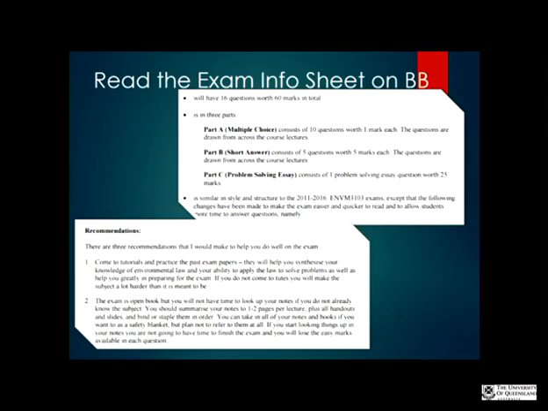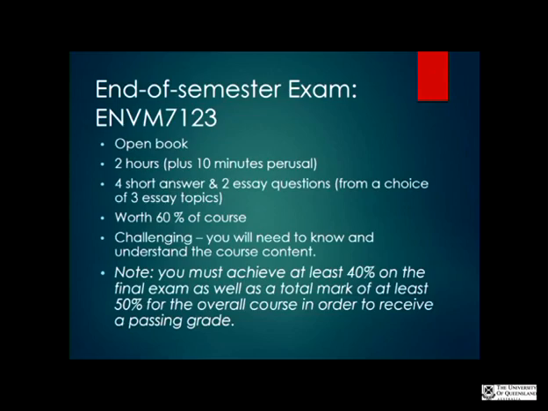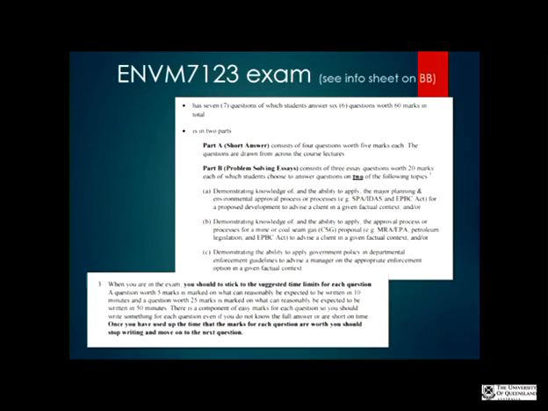You'll remember the exam info sheet is up on the Blackboard site, so make sure that you have a look at that. It gives you some great ideas on how to prepare and what to bring in. For postgrads, you get the same amount of time, but you get a different approach in terms of the types of questions that you have. So you're going to have 4 short answer questions, and then 2 essay questions that you choose from a choice of 3. And same exam hurdle applies. So you need to achieve at least 40% on the final exam. And again, just want to draw postgrads' attention to the info sheet that's on the Blackboard site as well, which explains the type of questions you'll expect, what type of topics they would be on, and again, the best approach for answering the questions.